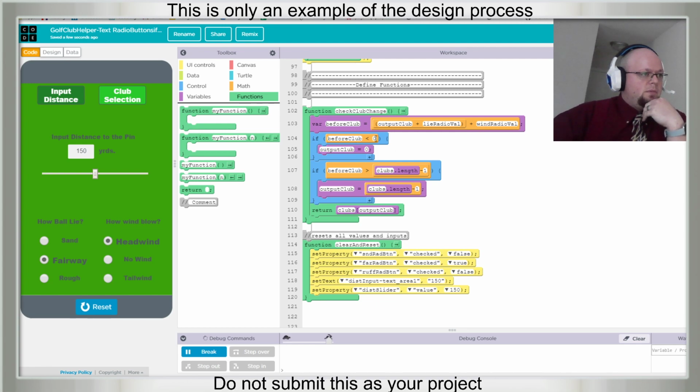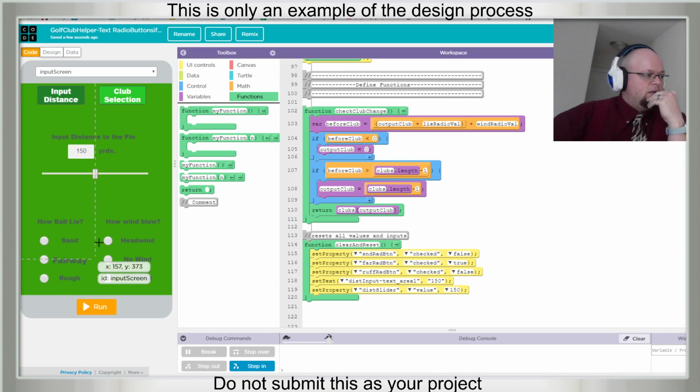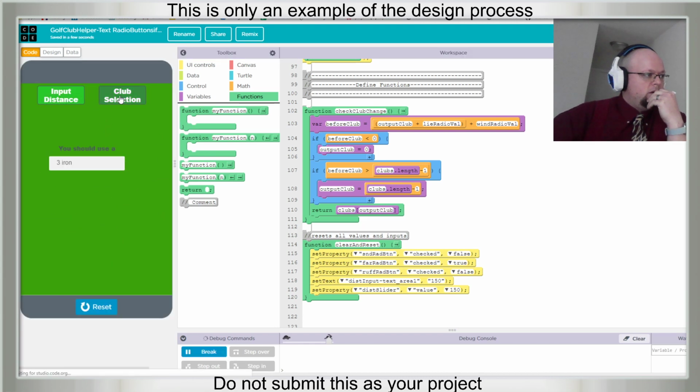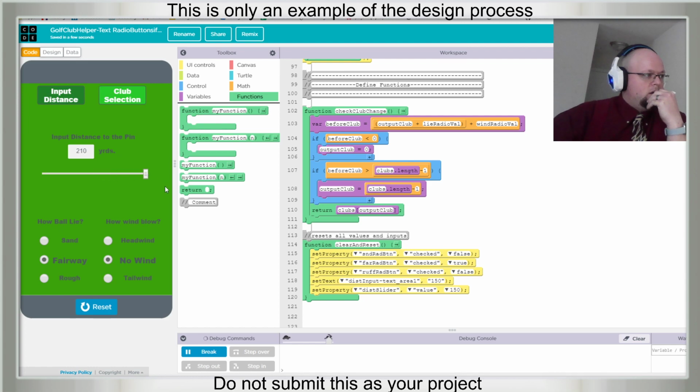If before club now is less than 0, we set to 0. If it's greater, return clubs index out val. Okay, this should say 3 iron. This should say, oh, no. Tailwind should be 1 less. This should say 4 iron. But it doesn't.